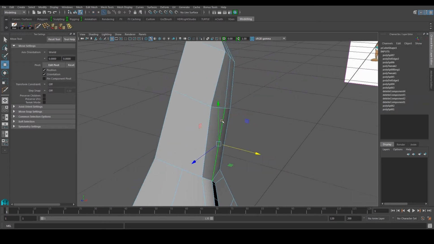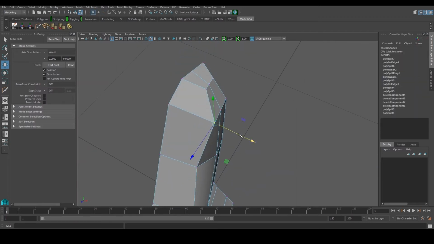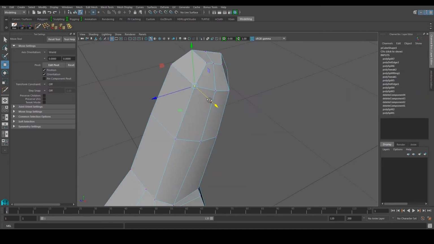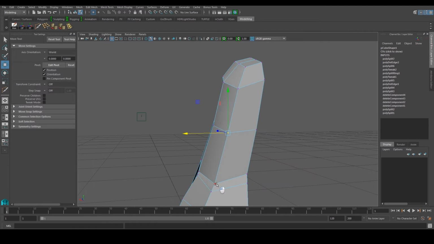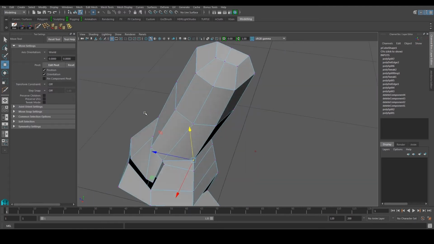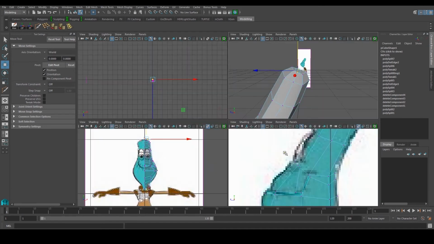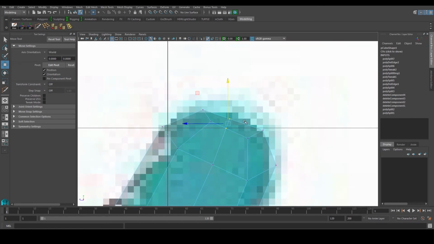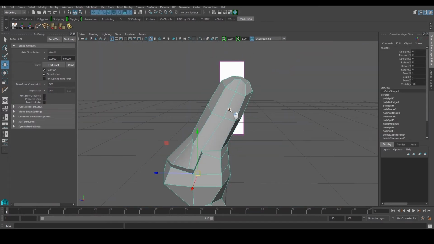Now make sure it's not so cube-like. Just spend some time to massage this thing until you get something that is not so cube-like. Make sure it's as organic as you can be. These two guys over here at the top, if I press F, I can just pull it out a bit, so it looks a bit better that way.